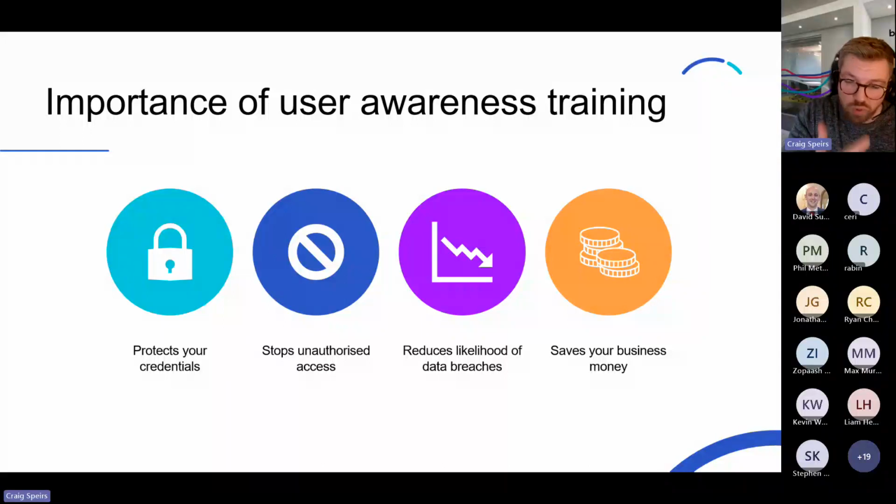So the graphics show the importance of user awareness training. Bridgewell worked with a company called KnowBe4, who are cybersecurity awareness training specialists, and we've started to roll this out to a number of our customers due to the increase of data breaches out there due to human error. So as I said, employees are often the weakest link in the security chain. So regular security awareness training helps educate employees about cybersecurity best practices and how to identify and avoid phishing attempts